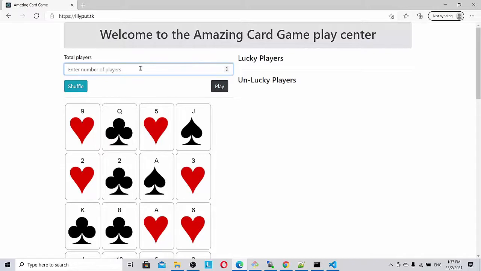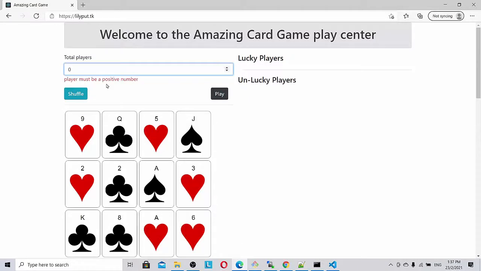So I have a 0 and I click play. So we have validations. Remember that this is a very simple and easy game, nothing much inside the game, but the technology of React that I have built into this is really super, and you will understand about hooks, about validation, about some mathematics using JavaScript, as well as how you display the output finally.